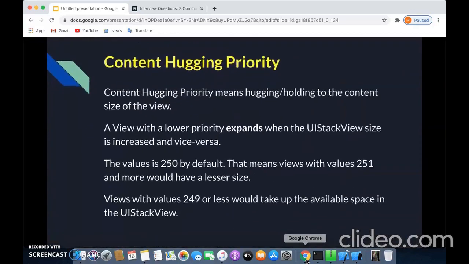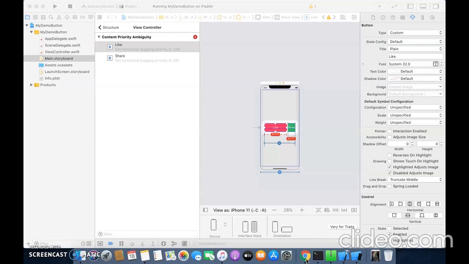What is content hugging priority? We can say content hugging priority means hugging or holding the content size of a view. Holding the content size of a view. So let us just check this in our project.